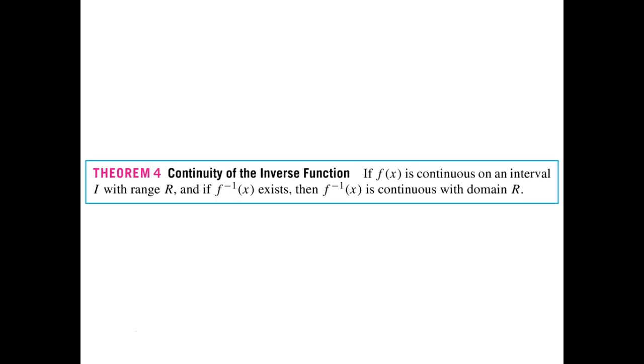F must be not just a function on that interval, it must be a one-to-one function on that interval, meaning strictly increasing or strictly decreasing on that interval I with that range R. So if f has an inverse, that inverse does exist, then f inverse is continuous with the domain of R. So if f has a range of R, the f inverse has that as its domain. Because remember,